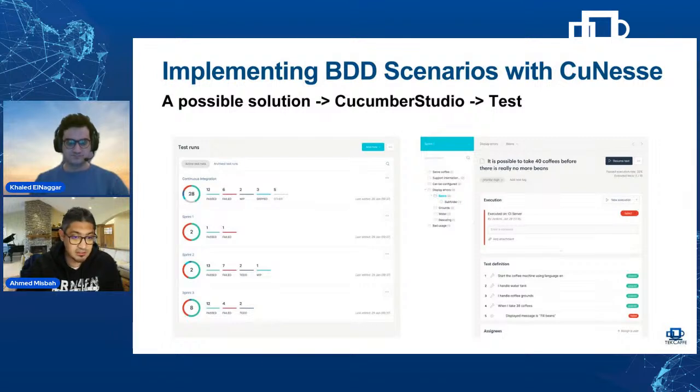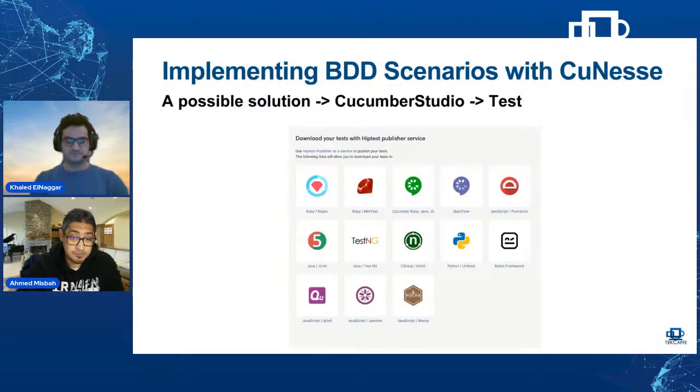How many of the tests have passed, how many have failed, how many were skipped, etc. It also allows you to import your automated tests in order to run your executable specs against them. So it basically allows you to import your fixtures using a number of frameworks in order to be able to exercise your feature files against these fixtures and against the system under test.